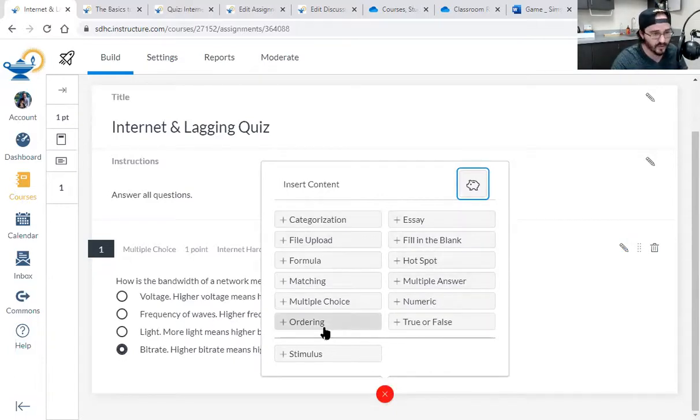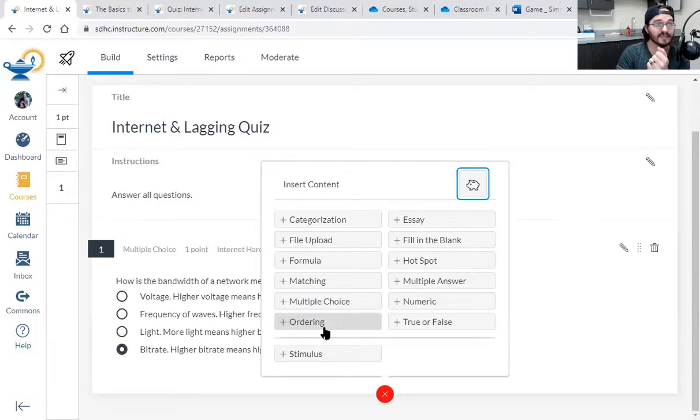This is just cool. I love ordering. In the future, when I do HTML design, it's going to be something like, here's a bunch of tags: doctype, HTML, head, body, paragraph, pre. I'm going to give them 6 or 7 tags and say, order these in the correct order. If you're history, you could ask, what was the order of events that led to the Boston Tea Party?